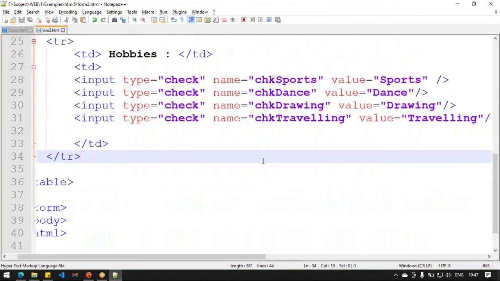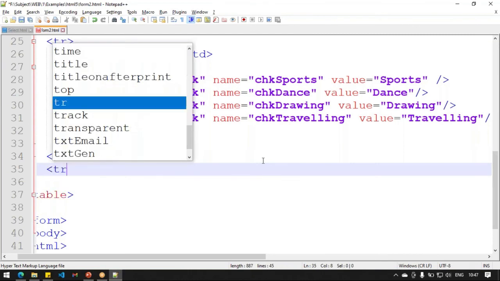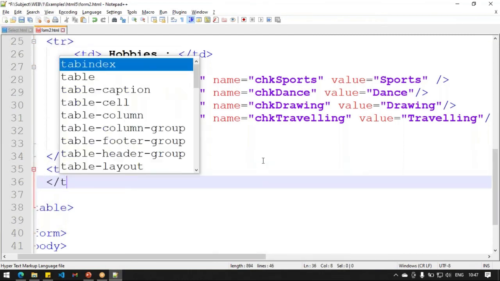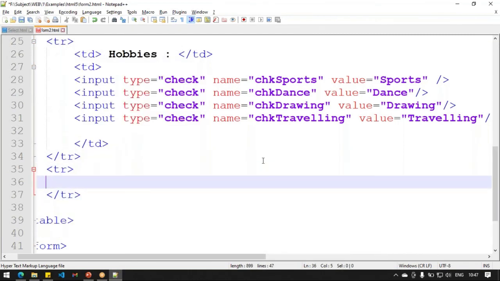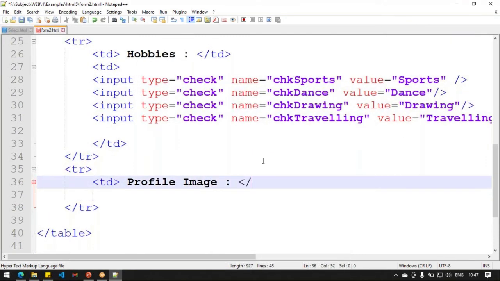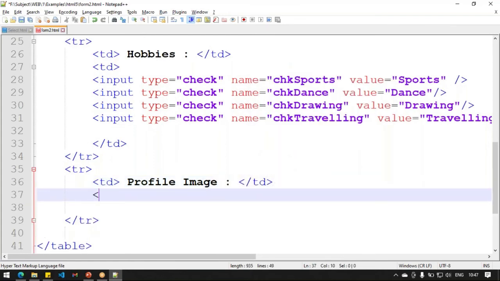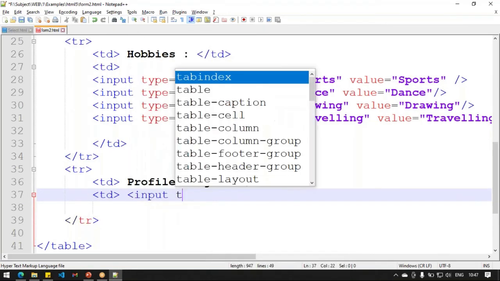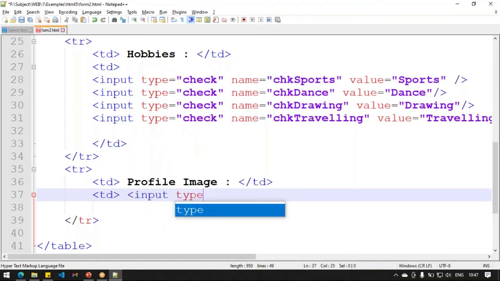Okay, let me put down another tr. File, image. Input type is equal to file.